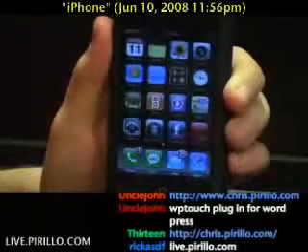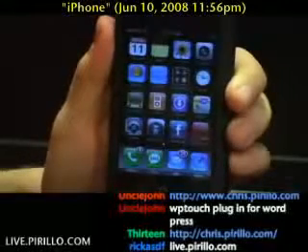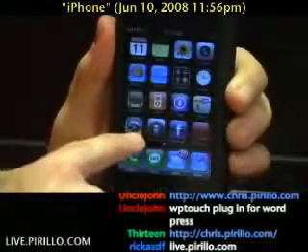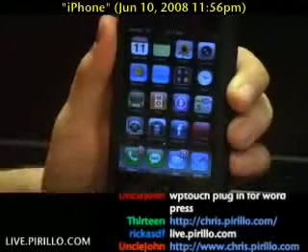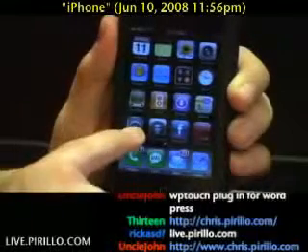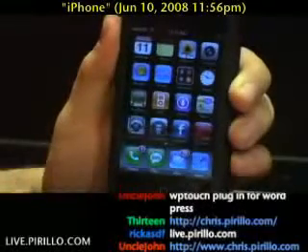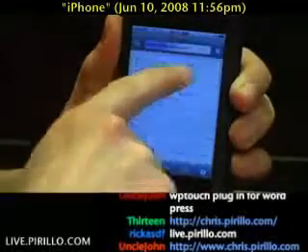Yes, it's my iPhone, but it might as well be an iPod Touch. It doesn't matter. I've got a Chris Pirillo icon right there. Can you see my little logo? The Neo Chris logo that one of you guys made, a community member at live.pirillo.com. And I've got the Chris Pirillo icon sitting right there on my home screen. And when I tap it, it pulls open this website,